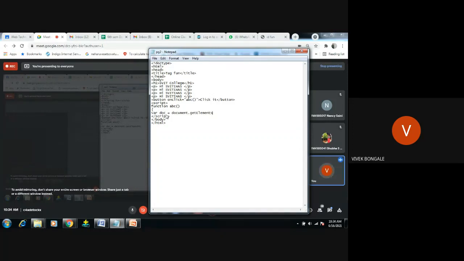We are using the tag here, and the tag is p. So we are trying to do this with p. This will display when you click on that button. This hello ISP10 should be displayed. It should display there.